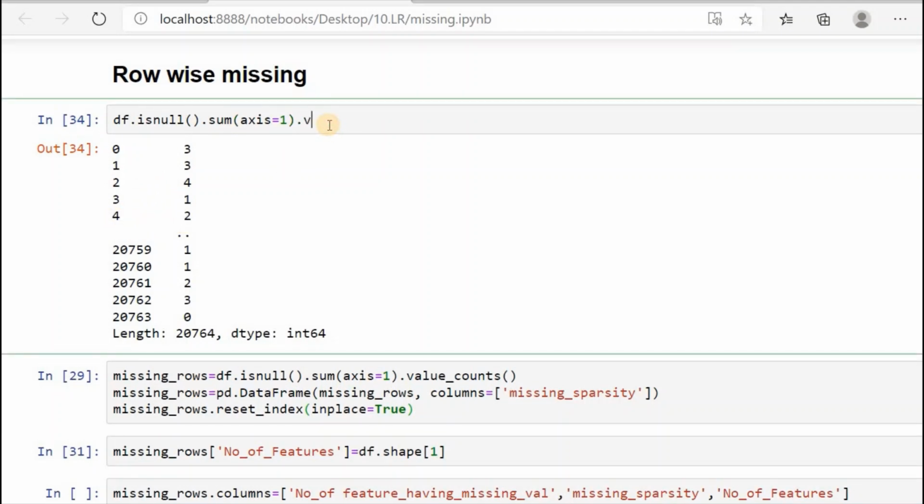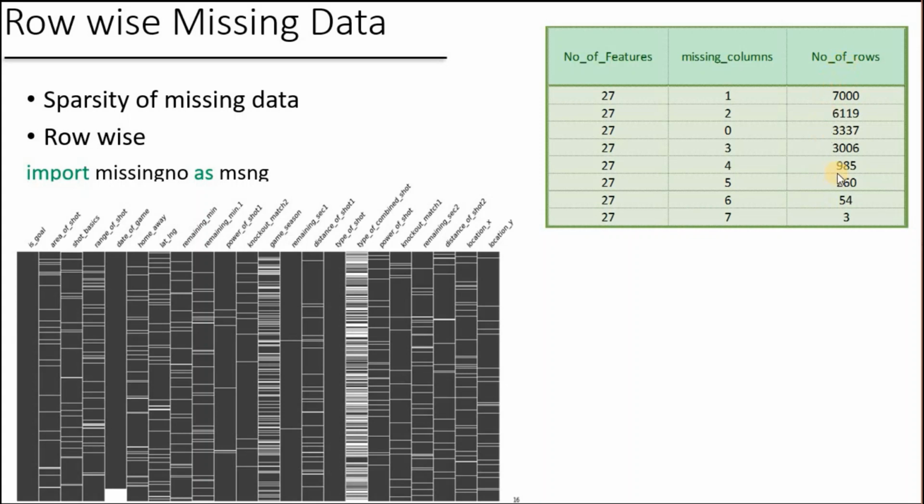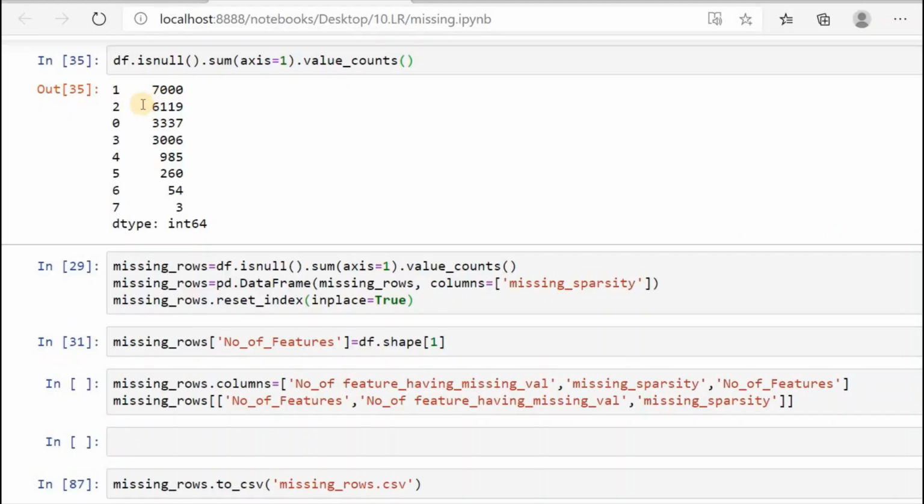And if we do a value count on this, we get the number of rows and the number of columns that are missing in these rows. So it says that there are 3337 rows which have no missing values, and there are 54 rows that have 6 missing values.